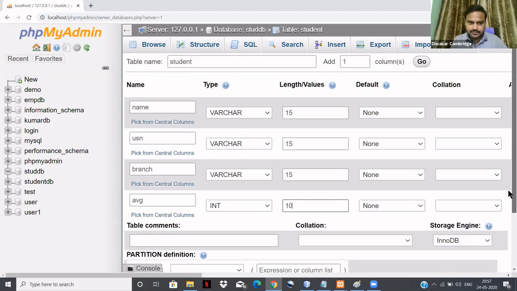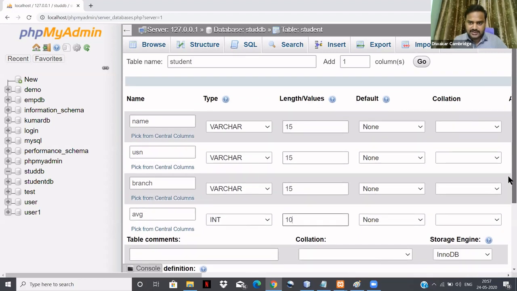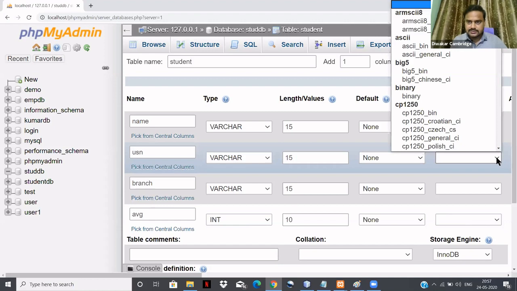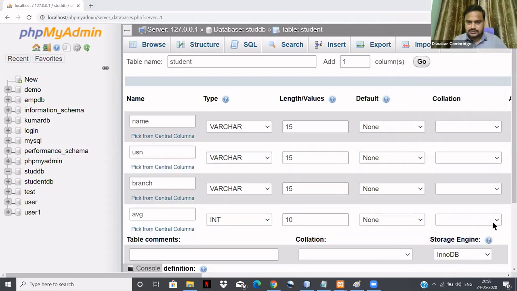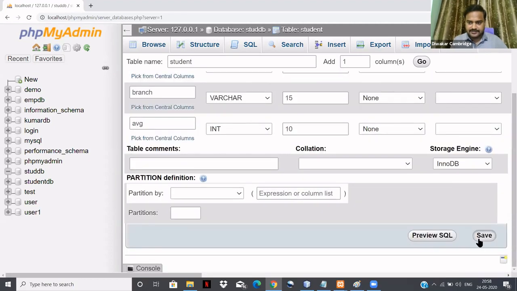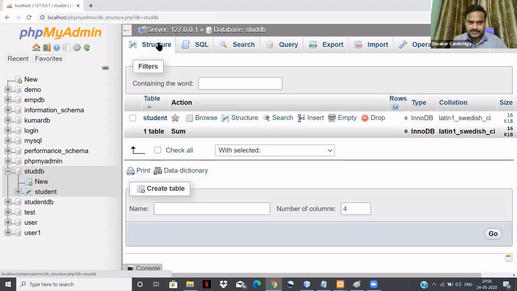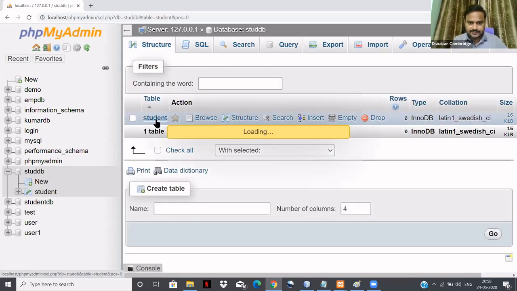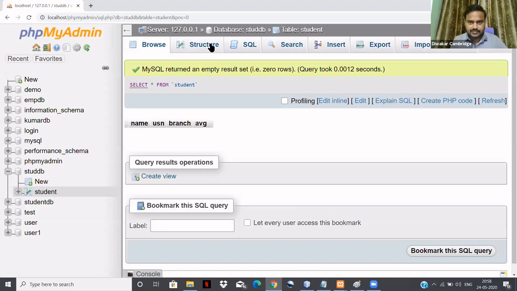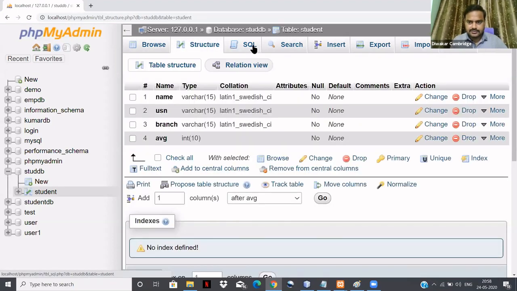One more thing, you please select USN as the primary key. You just click Save here. After this, you go to the SQL structure and you're able to see the fields, name, USN, branch, average.